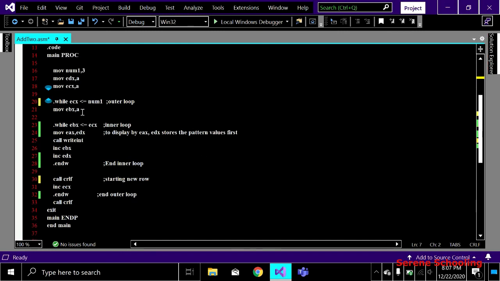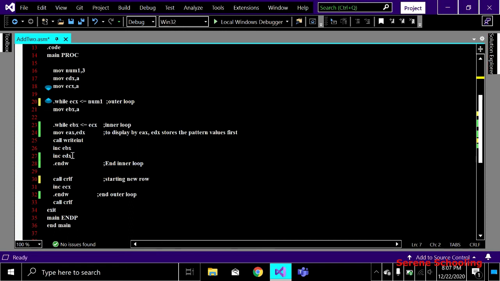This is very important: we are moving 0 into EBX every time, so that this condition becomes true as many times as we want to print on the columns, right? So we have to move 0 every time, then we are incrementing EBX, we are incrementing EDX.